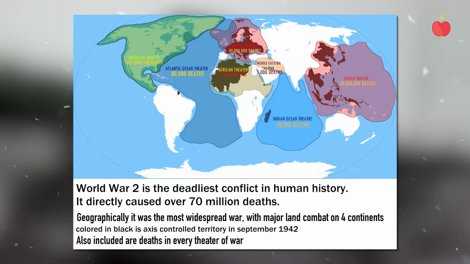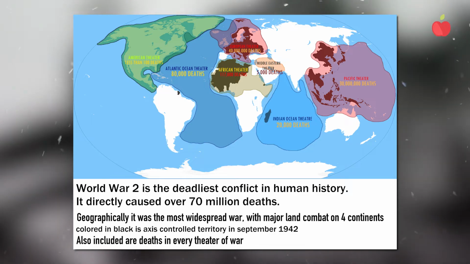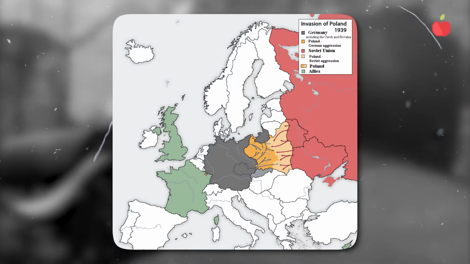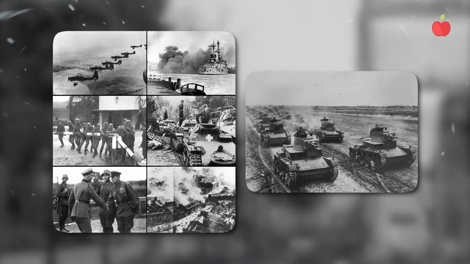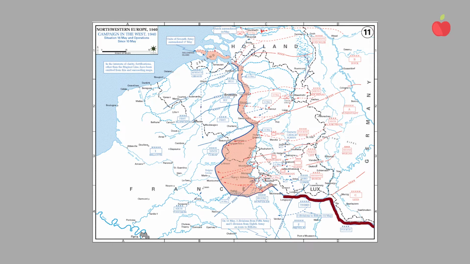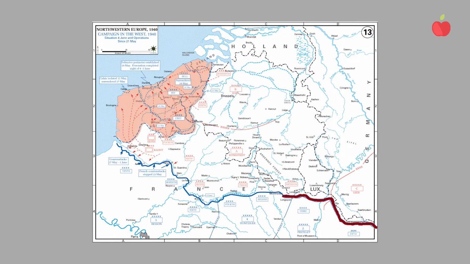Amidst its vast scale, the fighting during World War II can be divided into two major theaters of operation: the European and Pacific theaters. In Europe, the war began with Germany's invasion of Poland in 1939, triggering the subsequent declarations of war by the UK and France. Early German victories, including the Blitzkrieg tactics used in the invasion of France and the Low Countries, demonstrated the effectiveness